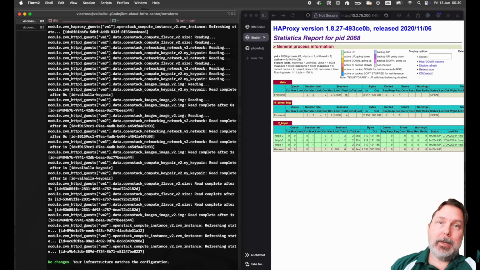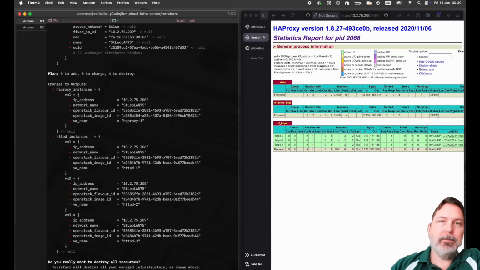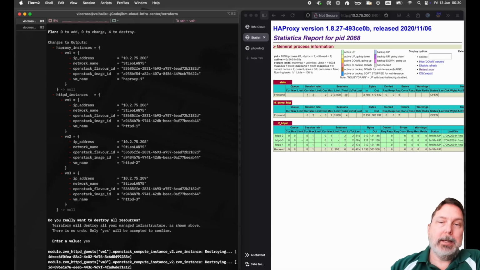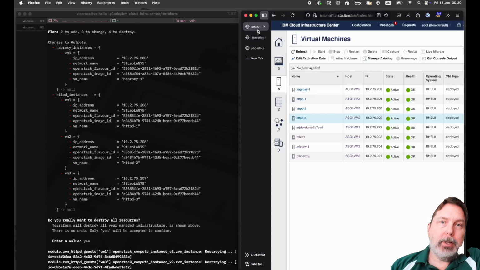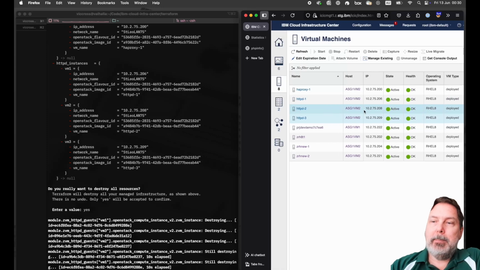So the last thing that I'm going to do is show you cleaning up, right? So Terraform, again, has complete management over the infrastructure that you're provisioning using that infrastructure as code capability. So once you're done with it, to get rid of it is just as simple as telling Terraform to destroy what it's created. So again, it tells you what it's going to do. You acknowledge that by replying yes, and back in our ICIC interface,